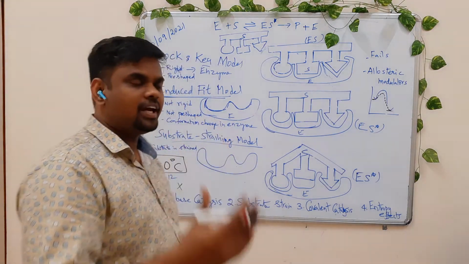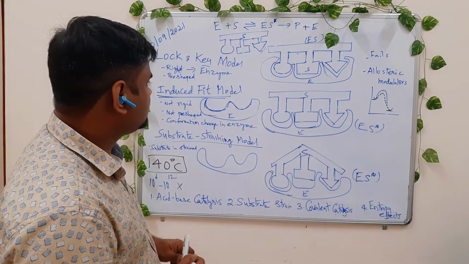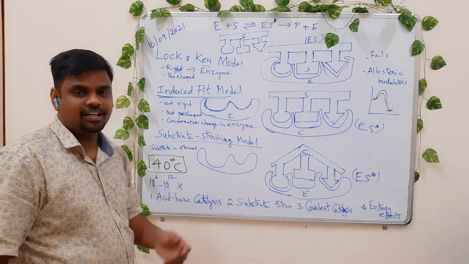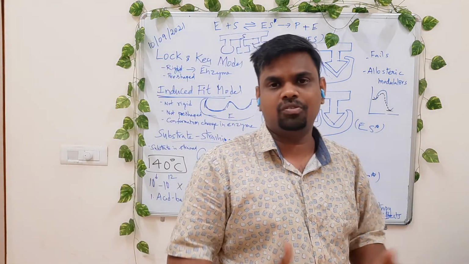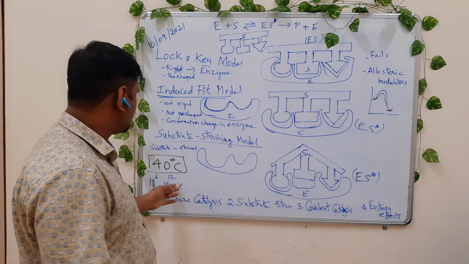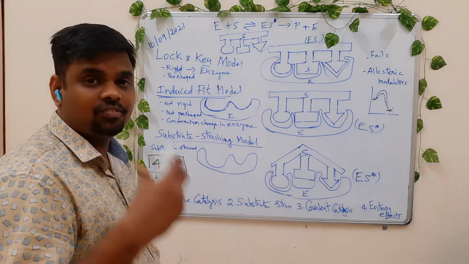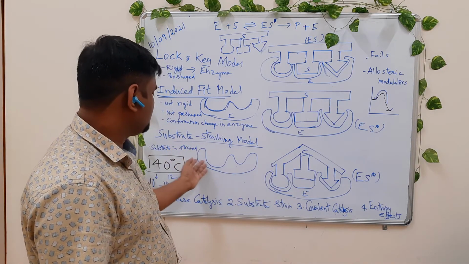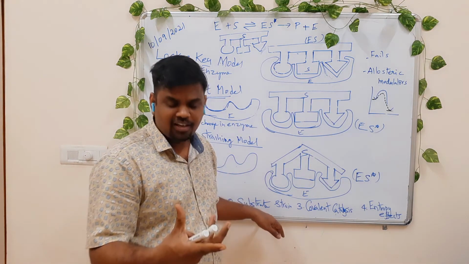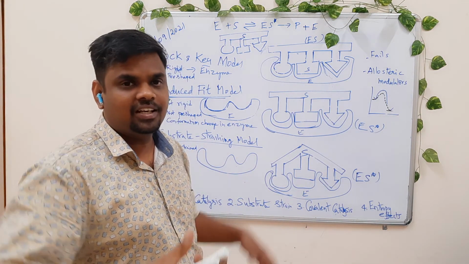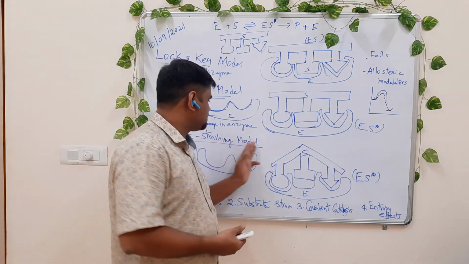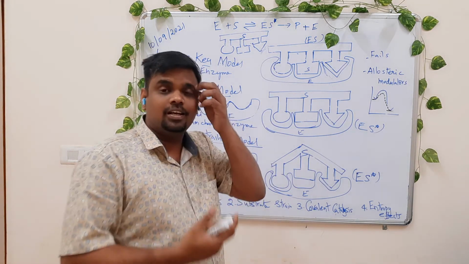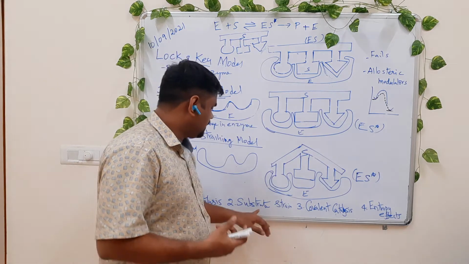Further, what type of reactions are taking place in this mechanism? This catalysis can be either acid-base catalysis. So acid formation, base formation can be there to enhance the catalytic activity and increase the rate of the reaction. Also it can be substrate straining, which makes the substrate come into an activated state. So it's already in its activated state when substrate straining takes place. This model is explained. When there is a strain, the substrate is already in an activation state, so the reaction rate is enhanced.